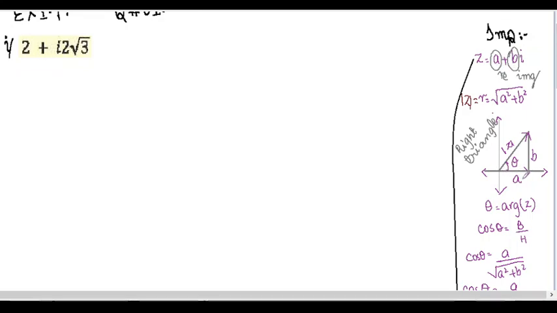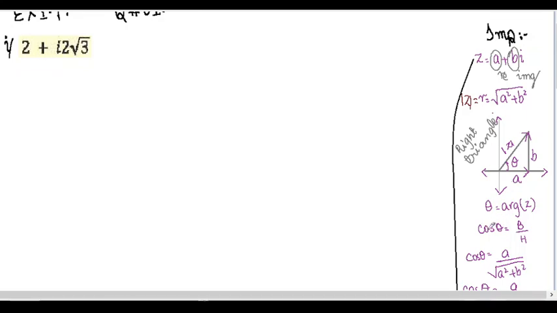So real part is in the base and imaginary part is in the perpendicular, and the hypotenuse is the modulus of the complex number. So now theta, this is the angle theta it makes with the positive x-axis, and theta is also called the argument of Z. We have to find the value of theta and also the value of R. I'll let you know why we find these two values.